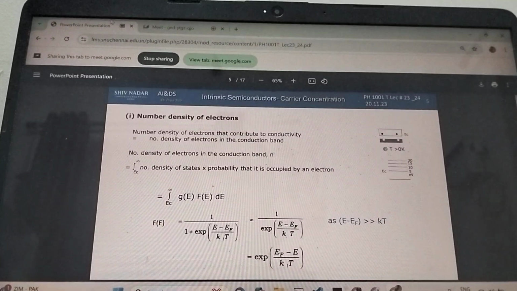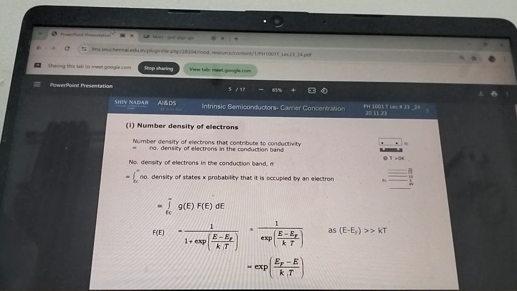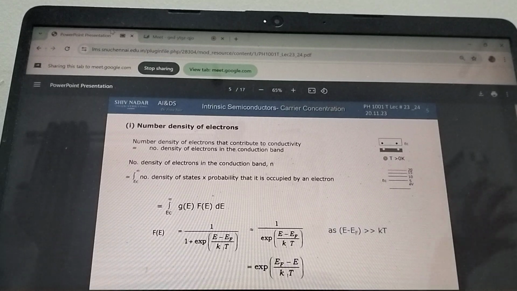So we are now going to look at two simple and very similar derivations: the number density of electrons in the conduction band and in the valence band. First we will be seeing the conduction band. The number density of electrons in the conduction band is basically how many electrons you have in the conduction band,